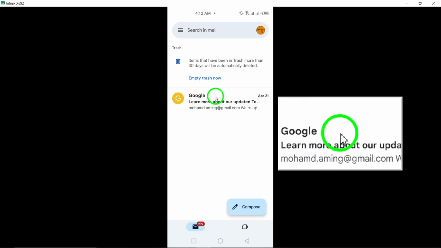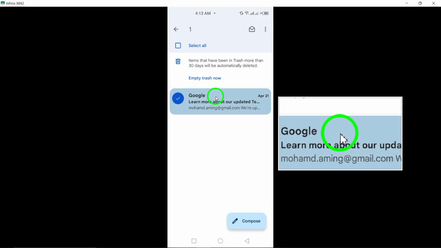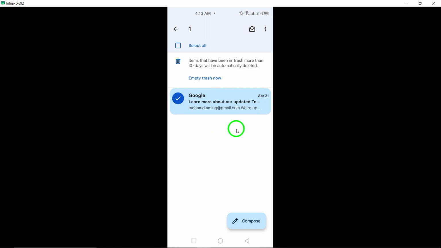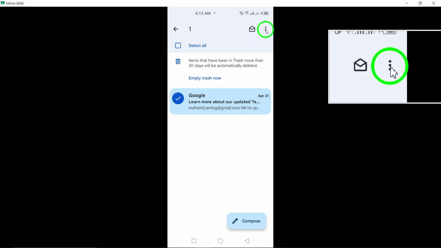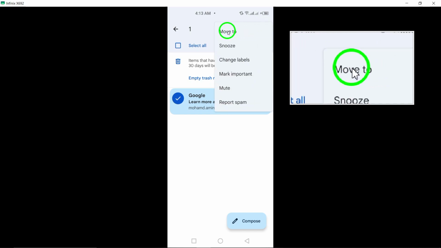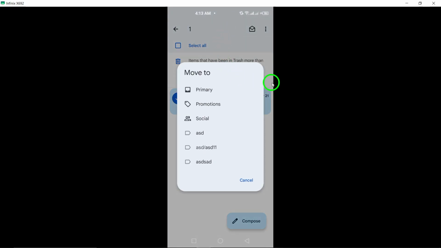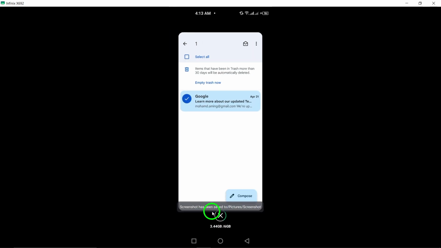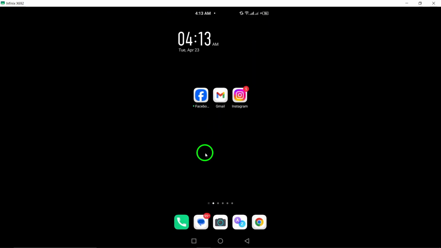from the trash. Long press on the email containing the video you want to recover until a checkmark appears in place of the icon on the left side. Next, tap the three-dot menu button and choose Move To. Select Inbox from the list of options to move the deleted video back to your primary inbox for easy access and viewing. By following these steps, you can effectively recover deleted videos on Gmail, ensuring that your important video content